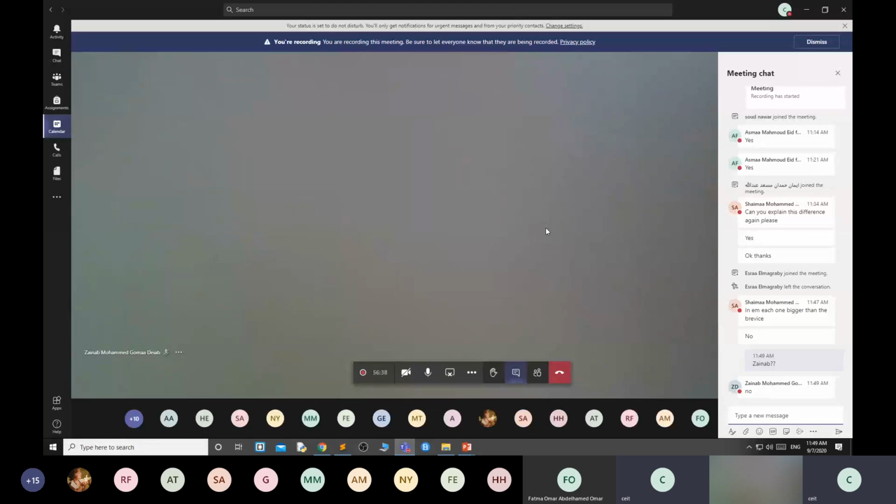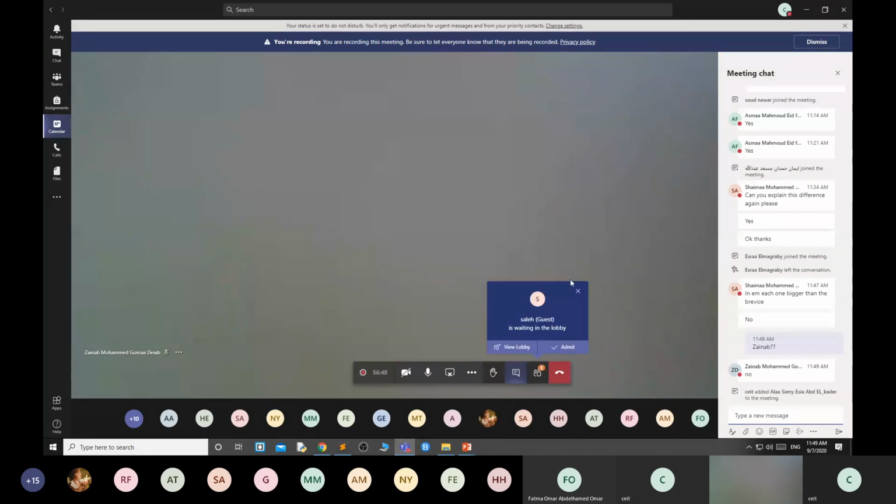Okay, now it is clear, the different CSS units.